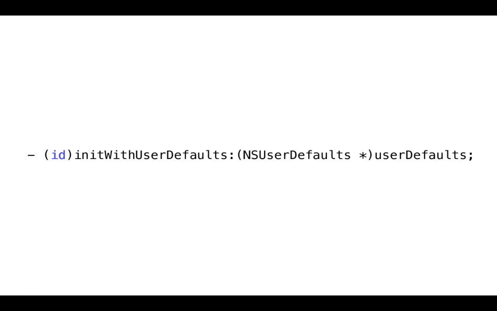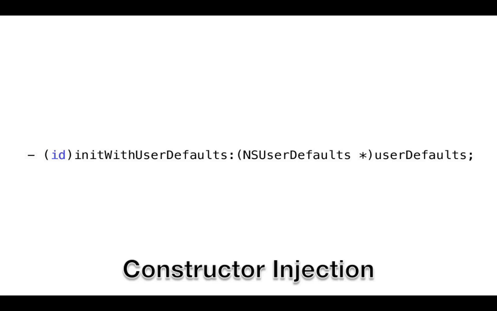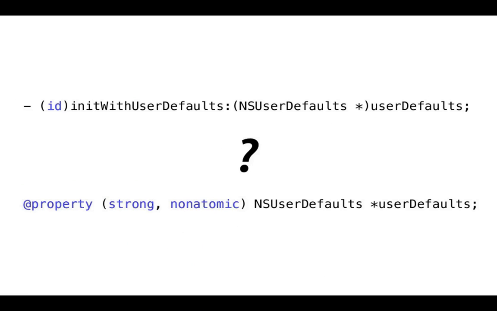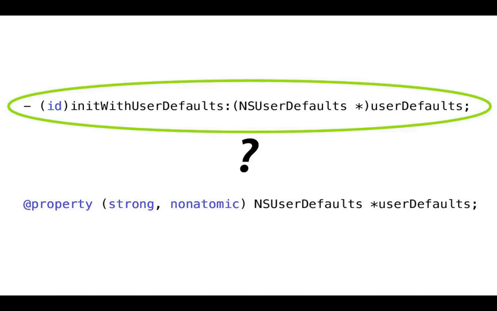Another way is to provide it as an extra argument to the initializer. This is called constructor injection. A big advantage to constructor injection is that it makes the dependencies explicit when the object is created. Now, you may worry that you'll end up with a monster list of arguments, but what this pain is telling you is that you may have too many dependencies, which probably means you have a second class inside that's trying to get out. So it's a good thing. So which do we use? The rule of thumb is prefer constructor injection, but you can always fall back on setter injection if you really need it.